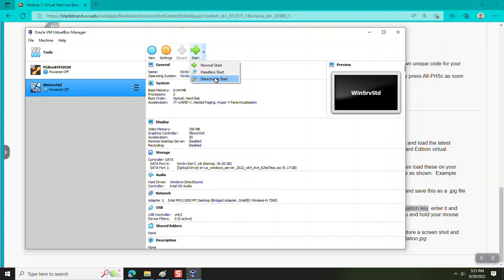So your physical machine, your laptop and your PC, and your virtual machine may or may not know about each other. And for a laptop, this gets to be a problem. You can do all sorts of things in your virtual machine, and your physical laptop will think it's doing nothing and go into power save mode and suddenly cut off. And this is the setting to avoid that problem. If you just click the green arrow, it'll start normally, but again, you may have some problems with power save. So use detachable start,